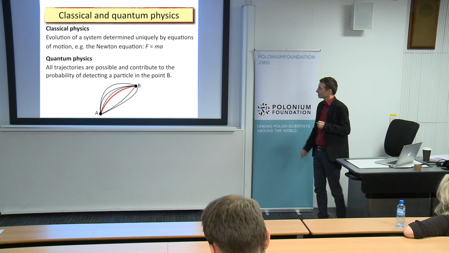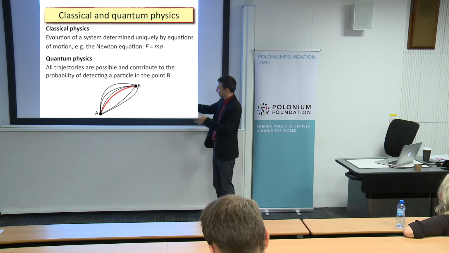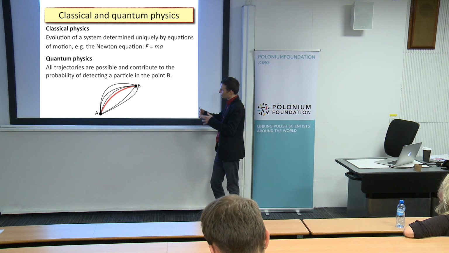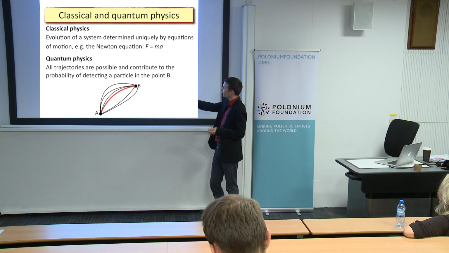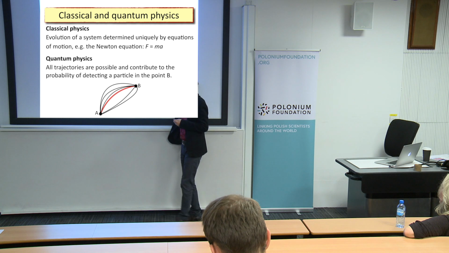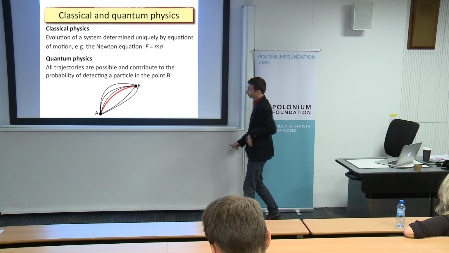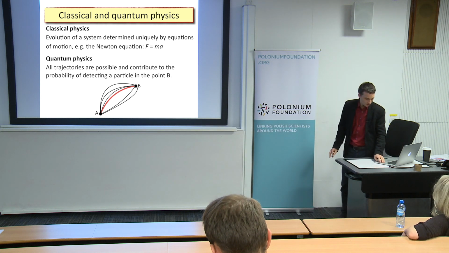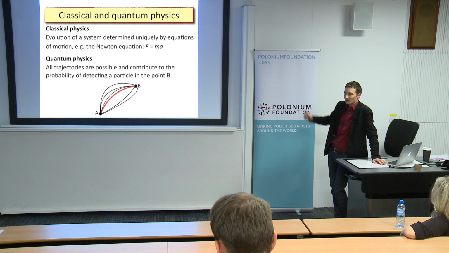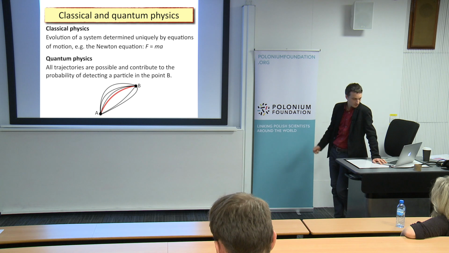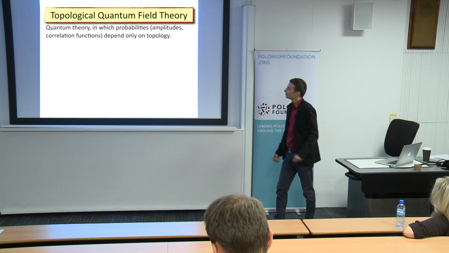And in quantum physics, the situation is more complicated because you have to take into account all possible ways of connecting, for example, 2 points you are interested in, and then what you can compute is just the amplitude or some probability of going from point A to point B. Each of those different ways of reaching point B gives some contribution to this final amplitude. So I'm not going into much more detail, but if you are not a physicist, this gives you more or less the idea of what quantum physics is. You have to think of all possible configurations or trajectories connecting two states.